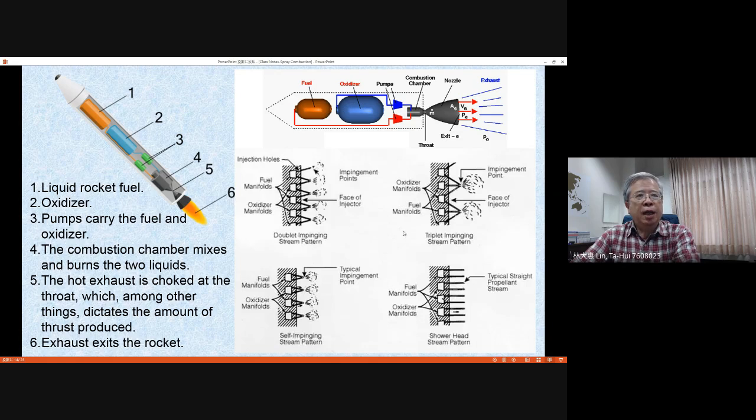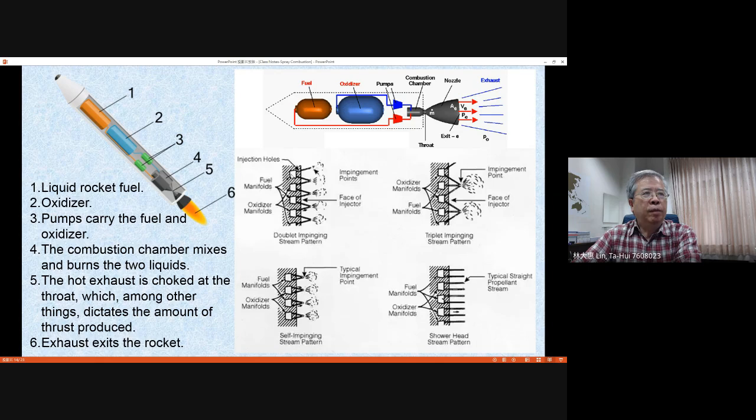There are several types. The first one we call the doublet impinge. Those kinds of injectors relate to the so-called trim fluid injectors. Trim fluid injector means that you have two kinds of fluid that interact together to produce a good atomization. For the first case, doublet impingement, that means that you will have